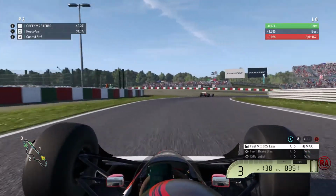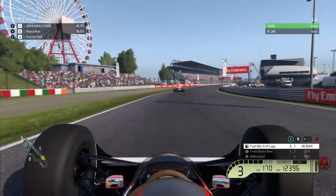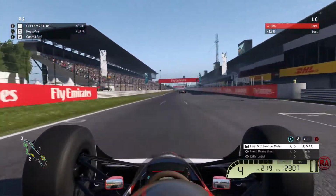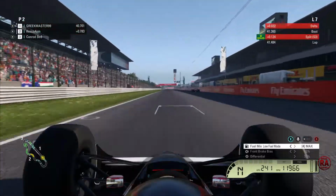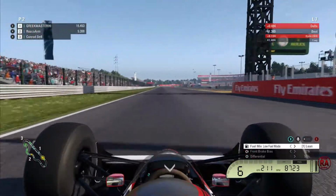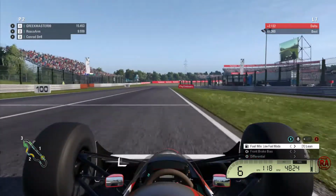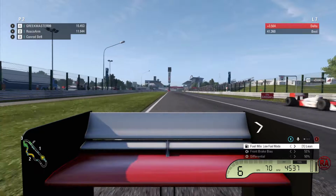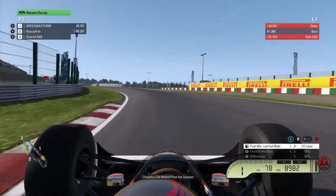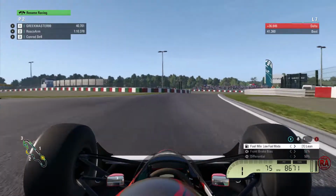Not much else to say, really. Alain Prost had 7 wins, had 2 retirements that year and 14 podiums. Ayrton had 8 wins, 1 retirement, 1 disqualification, and 11 podiums, which wasn't too bad at all. And this car was pretty dominant. The lowest finishing position it had was P10 out of a race anyway. But yeah, I think that's pretty much all I can give for the